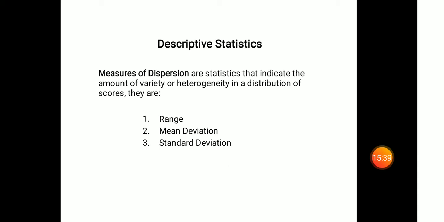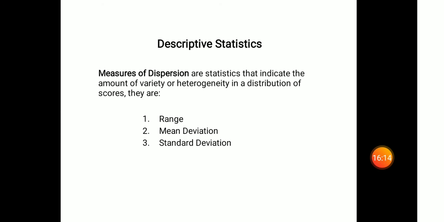So how will you get standard deviation? First, for a set of data, in order to calculate standard deviation, the first thing you want to do is calculate the average, the mean. Take the difference of each observation from that mean. Square each of those differences. Add all those differences. Divide it by n minus 1 if the number of observations is less than 30. Divide it by n if the number of observations is greater than or equal to 30. Take the square root of that, which gives us the standard deviation.